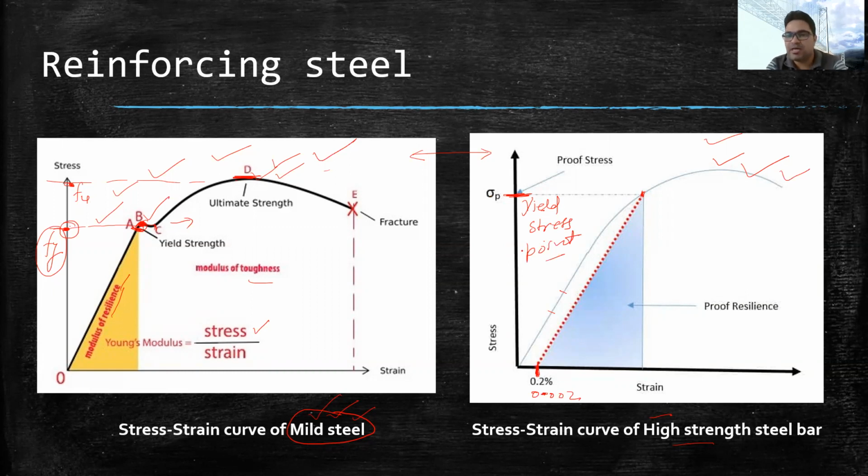All the high strength bars follow the same basis. Based on this, at 0.2% strain, we find the yield strength point. That is the basis of finding the yield strength of high strength bar. But in this case, yield strength of the bar can be identified as a point near point B, and it is referred to as the Fy value. It also has a clear Fu value, but in our design, generally we use the Fy value in both cases. Okay.